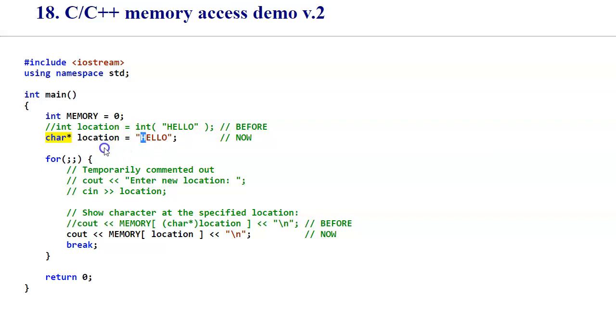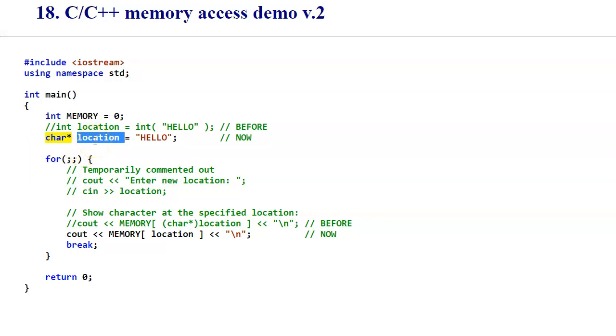So what we're going to do now, which is more appropriate, is to use the location, which is a pointer to a character. And of course, we know already that the latest standard of C++ would also require us to make this a constant pointer. So now this location's type is modified to use an appropriate type, telling the compiler that now this will be used as a memory address,